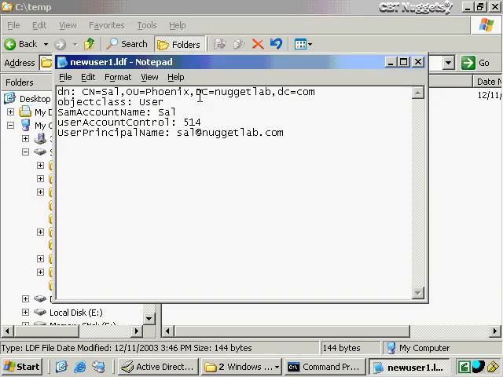I'm going to be able to use this file to import using ldifde, and it's going to create a new user account called Sal. It's a distinguished name, so let's look at the distinguished name. A distinguished name is unique in the entire domain. The common name is Sal. That's going to appear in the OU of Phoenix, and in the domain component of nuggetlab. It's not domain controller, it's domain component. And the domain component of com. It's the user object class with the SAM account name of